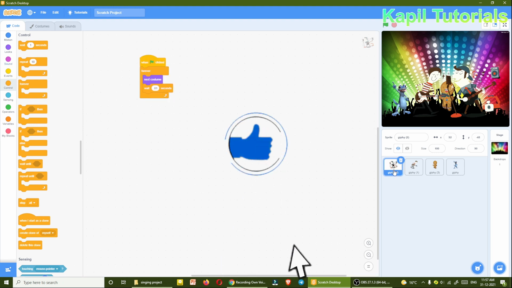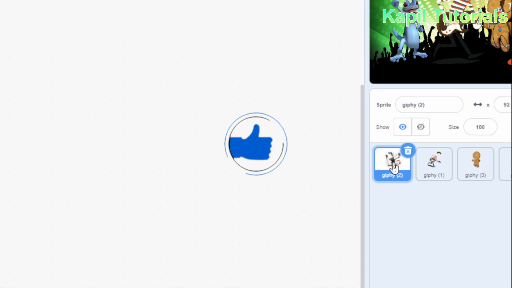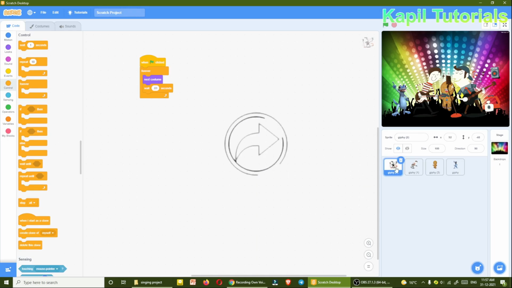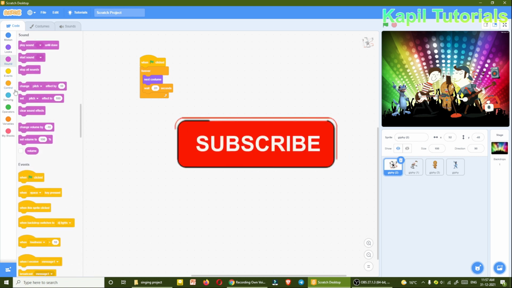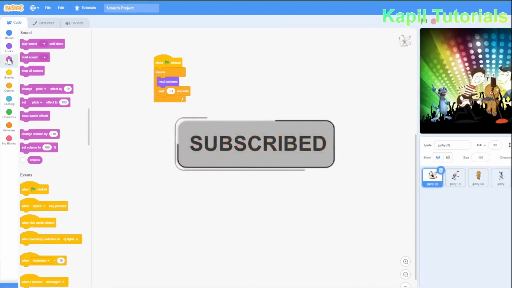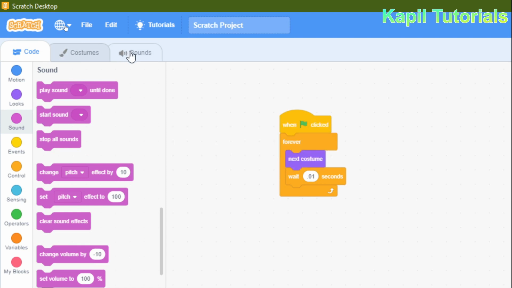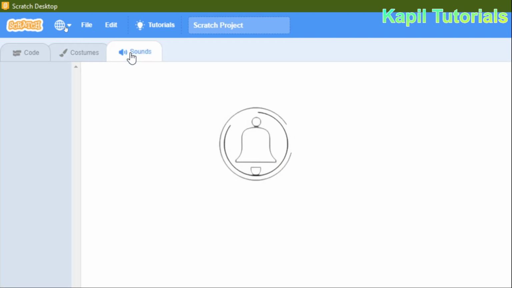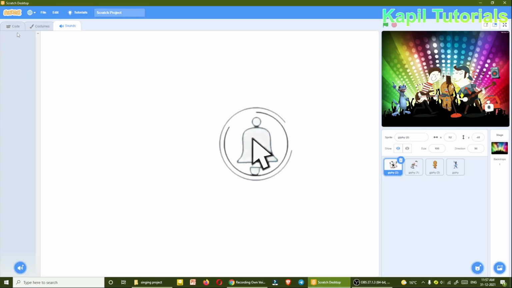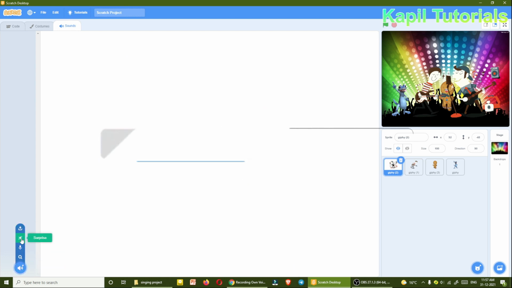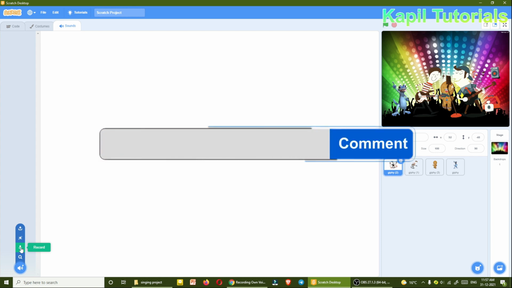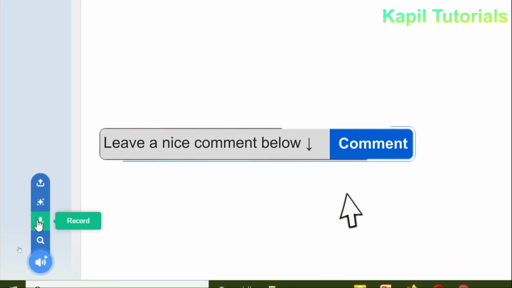I'll select the first sprite which is singing, and I'll click on sound. Under sound, you could see here what tabs are there: code, costume, sounds. I'll click on sounds. Under sounds, earlier I taught you how to upload. Here only you will find the record option. So you have to click on the record option here.